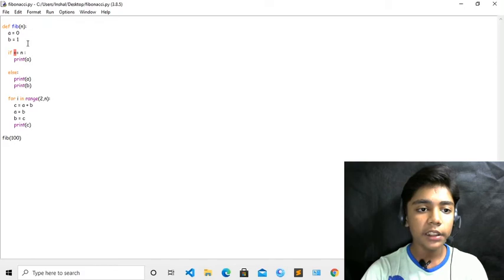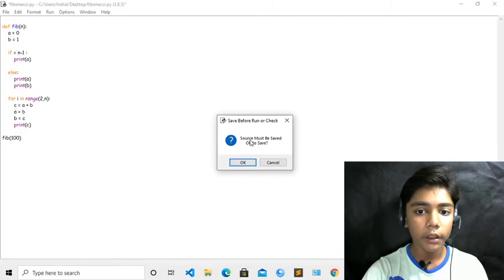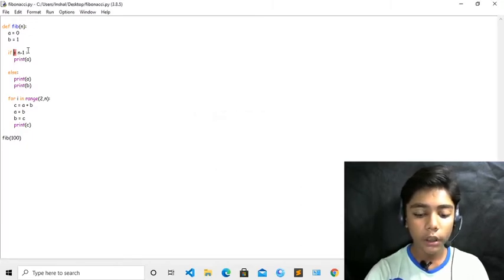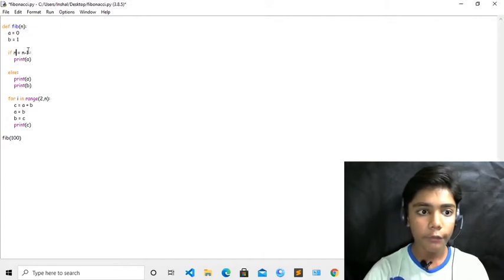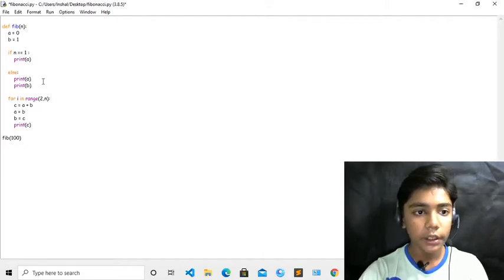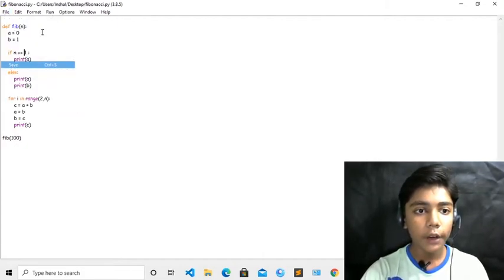So now you can see the syntax error is coming over here, so just you have to do that. And now here we will define n equal to, and now with the dash we are defining 1 over here, okay. So now just do that, and now here you have to write if n, and now you have to write equal 1 over here, okay, and just erase this dash, okay. So now when you have done all this, file, save and run.